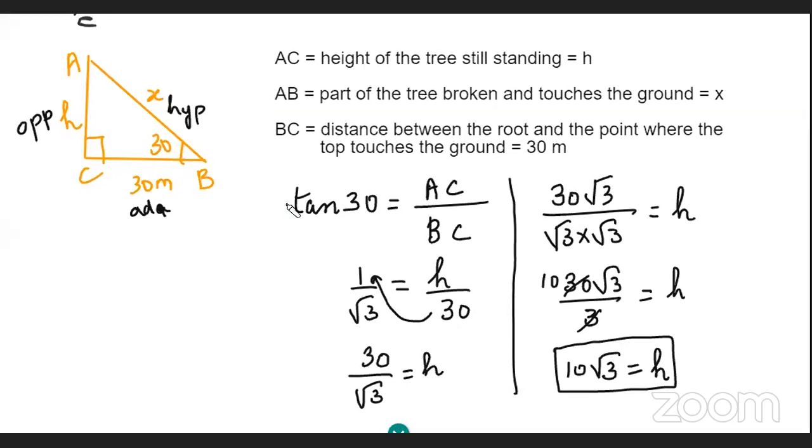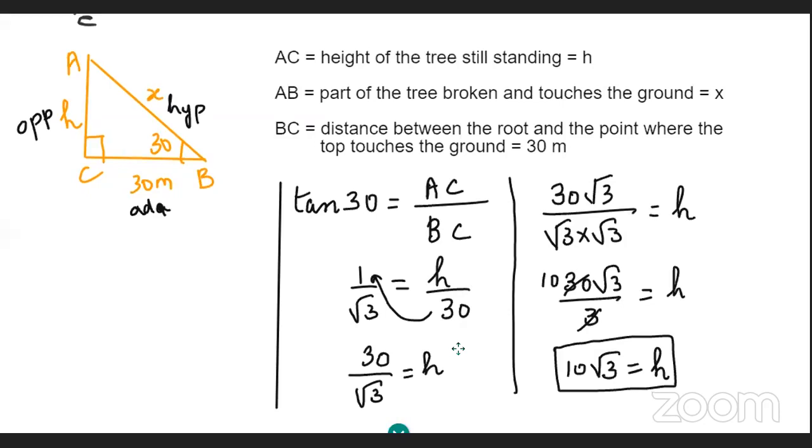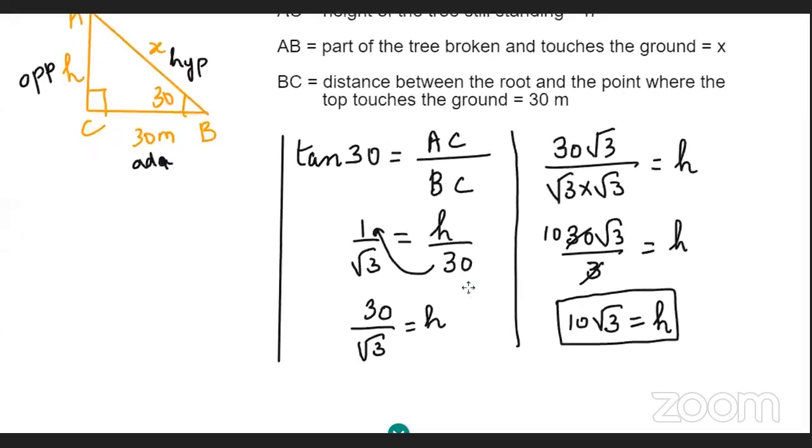Okay. And to find the next part, that is our X, which trigonometric ratio, sine or cos? We can go for sine also. We can go for cos also, because we have the adjacent as 30, right? We'll go for the cos because the given measurement is BC. So based on BC, it's the adjacent side. So we'll go with cos. Sine also you can take, but I'm taking cos. That is cos will be BC upon AB.